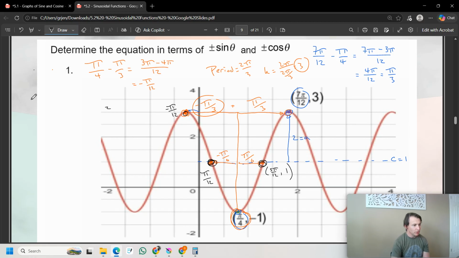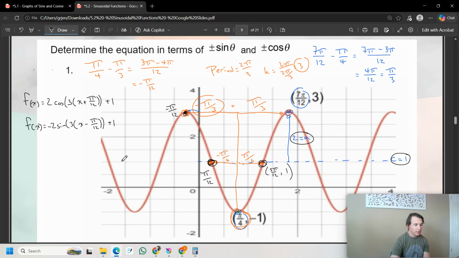So let's start with cosine. F of x is equal to, we have our a value, which is 2 cosine. That's going to be working with this one. Put it in brackets. We have k is 3. X, we're going to take it and shift it to the left. That's going to be add pi by 12 plus 1. Our c value is 1. Okay. And then if we were looking for negative sine, that'd be f of x is equal to negative 2 sine of 3 bracket x minus pi by 12